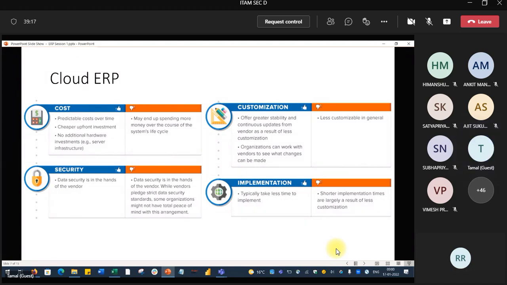Obviously, shorter implementation times are largely a result of less customization, because cloud does not allow you to customize the ERP software. You have to start using it as it is, so the implementation takes less time.